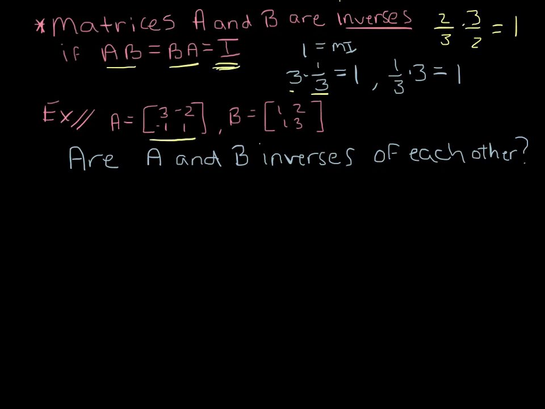So the question: are A and B inverses of each other? We can answer that only if we multiply A times B and see what we get. If we get the identity when we do it in both directions, then the answer is yes. Otherwise, the answer is no. So let's do A times B first. A times B would be [3, -2; -1, 1]